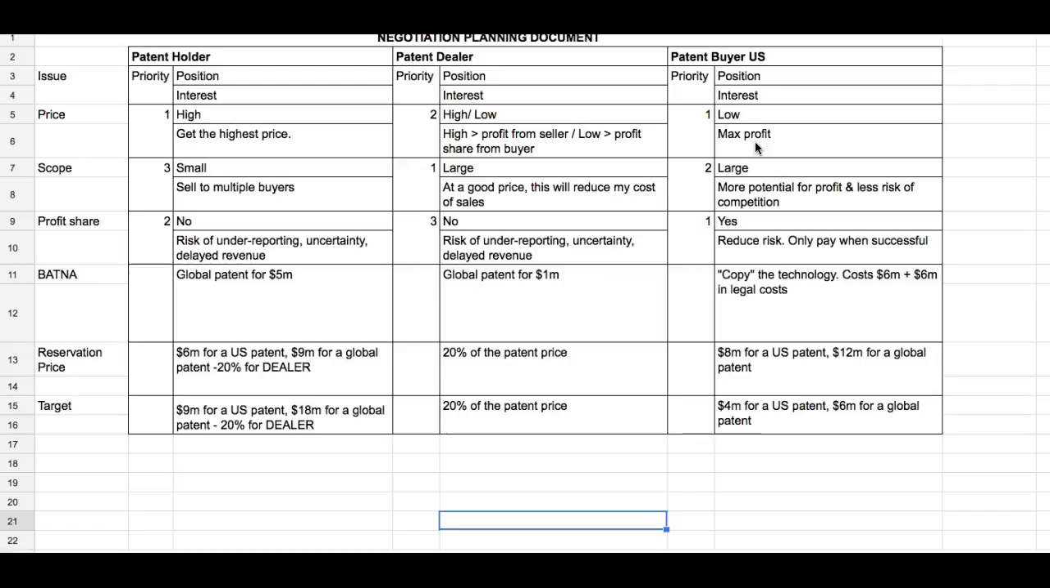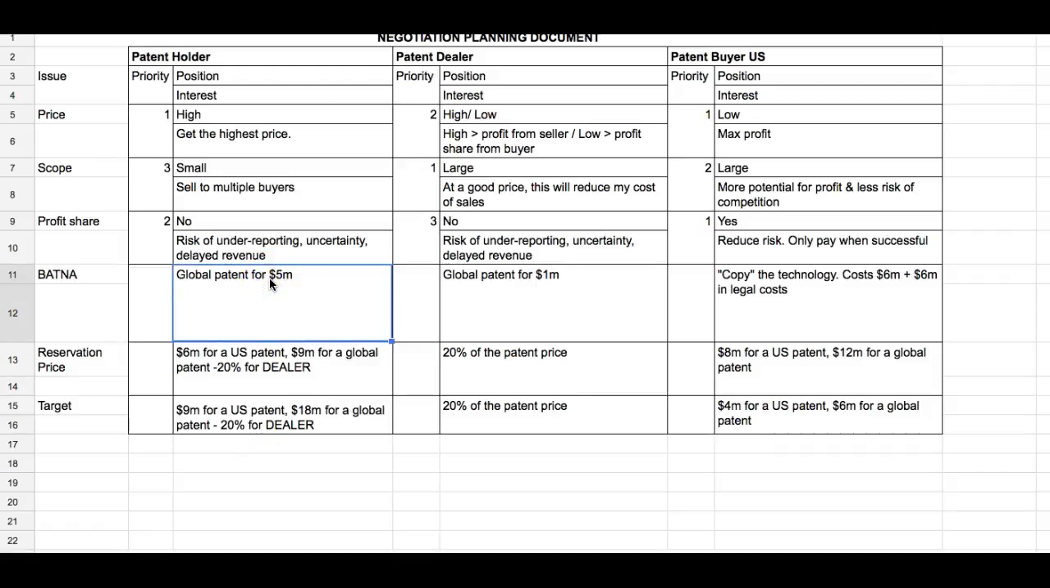So there is no price that the patent holder is stating that this patent is worth this much. That's where we reserve the BATNA. Okay, let's move on. That's a good point. So the BATNA is